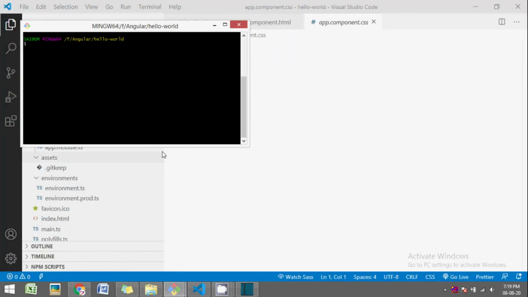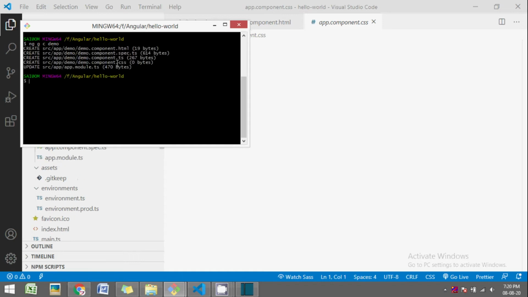So let's try to create a new component and add it to our application. We will create the component using Angular CLI. So go to the command prompt and type ng g c, g for generate, c for component, followed by the component name, and we will name our component demo. This command will create all the files required and also update app.module.ts.